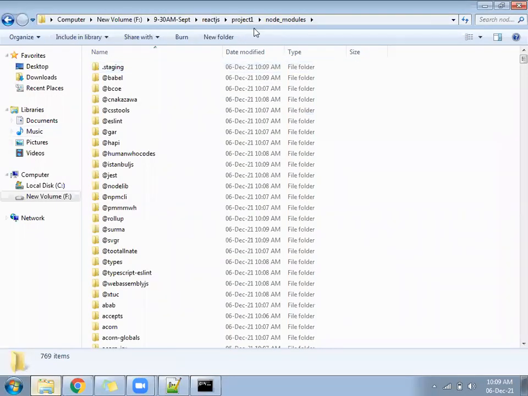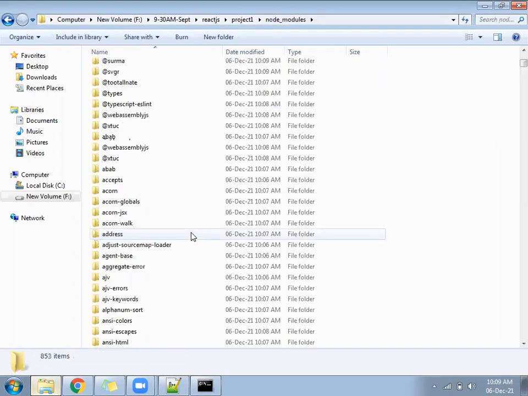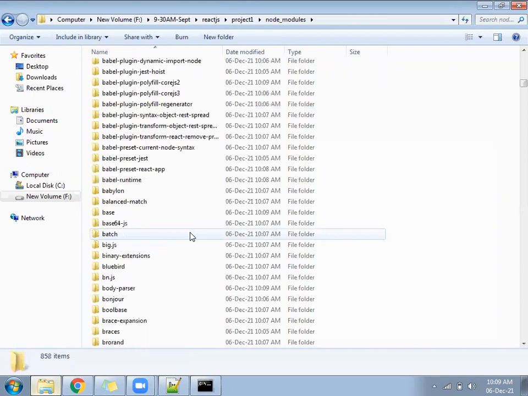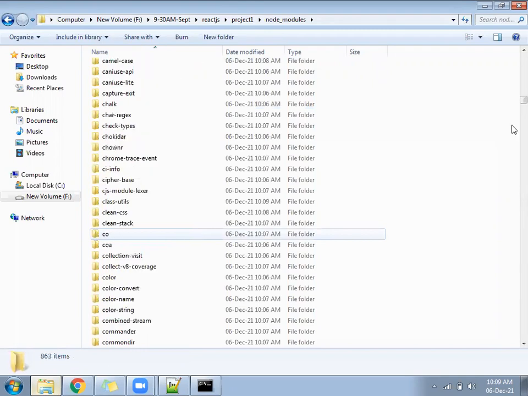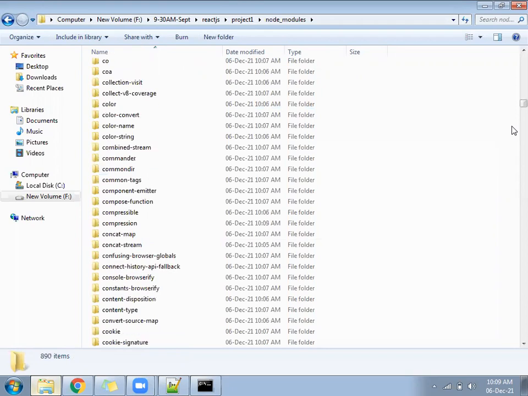Can you look into your node modules? Go to your project folder. In the project 1 folder, if project 1 is ready, go to the project 1 folder. In the project 1 folder, you will have node modules. Go under node modules and see how many files and folders are there. See, it's totally saying 872 or more than that. 1044.